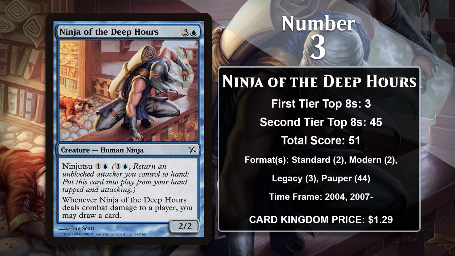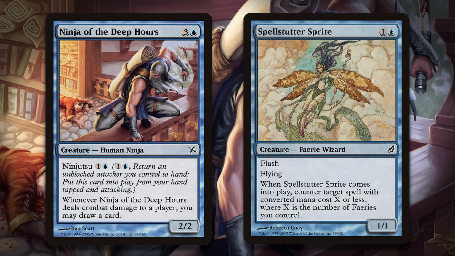aggro. These decks all utilize creatures with Enter the Battlefield abilities who are also evasive, like Spell Stutter Sprite, and if you ninjutsu one of those back to your hand, you can end up netting 2 cards instead of just